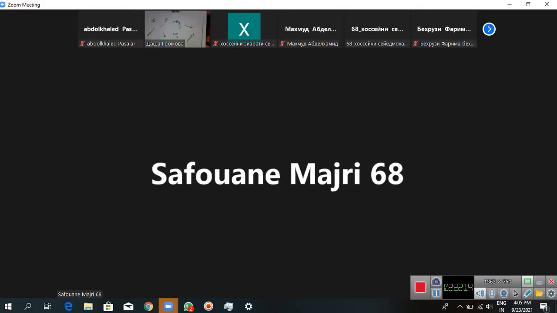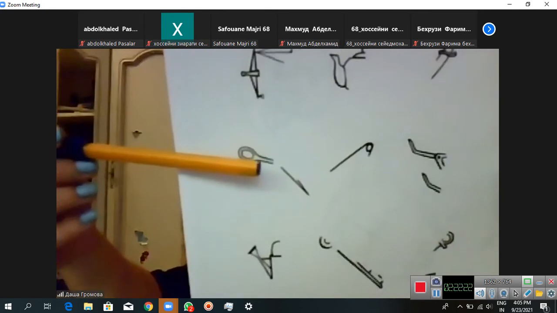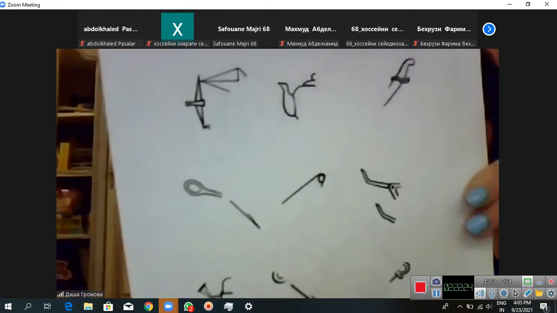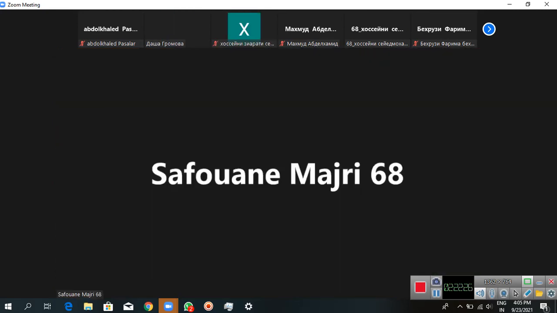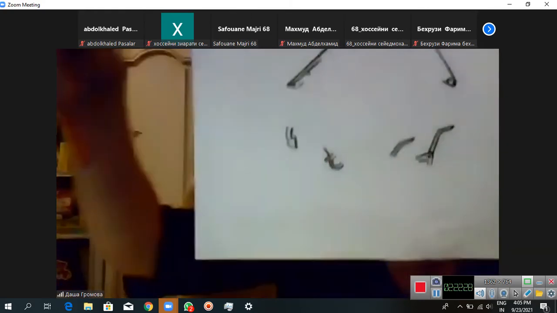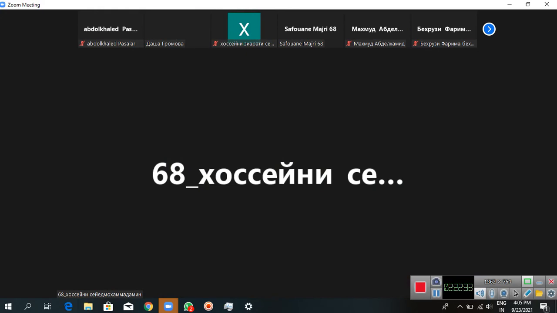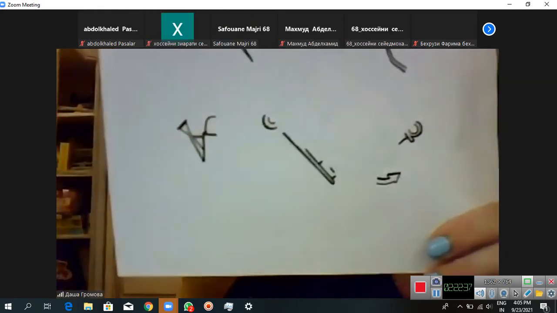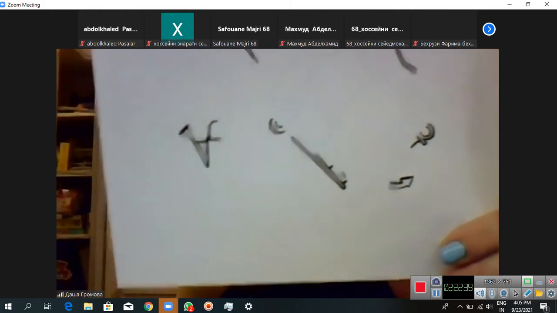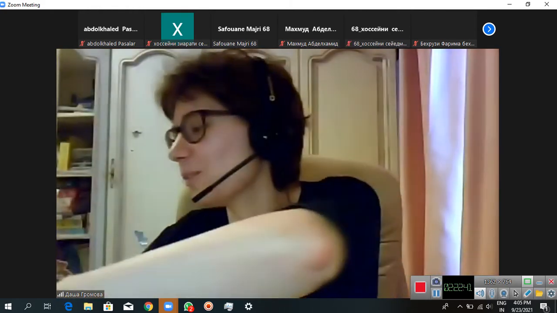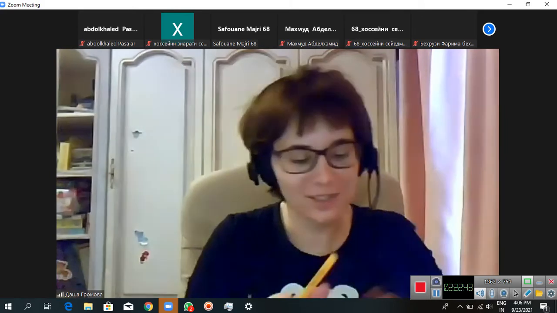It's like the balancing. Wait. Yes, this one. Spoon? No. Scissors. This one, yes. Glasses. Yeah, glasses. This one? Key. Okay, perfect. And it's one of the most difficult things for the patients to